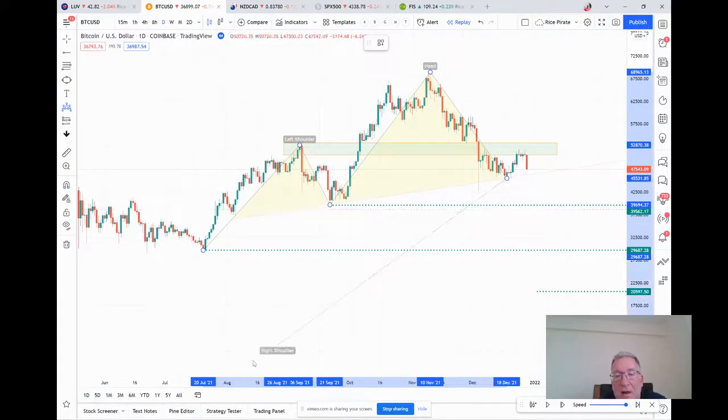Again, things are not always clean. So now the question is, do we have a right shoulder? And this is really, really shallow. Okay, it's really shallow. And but